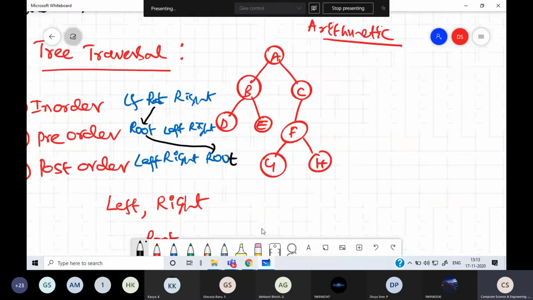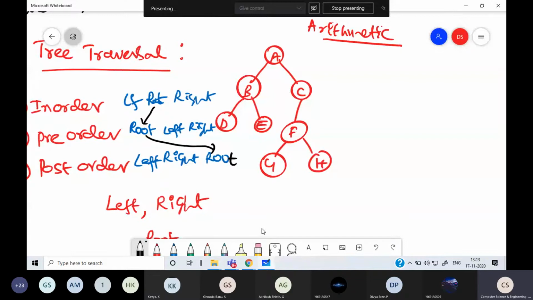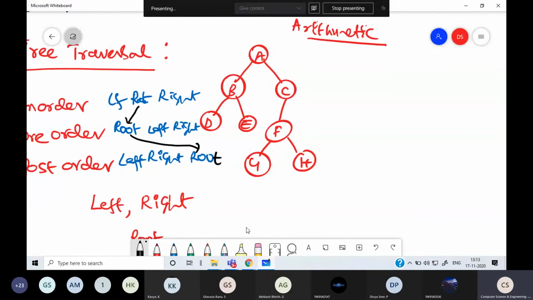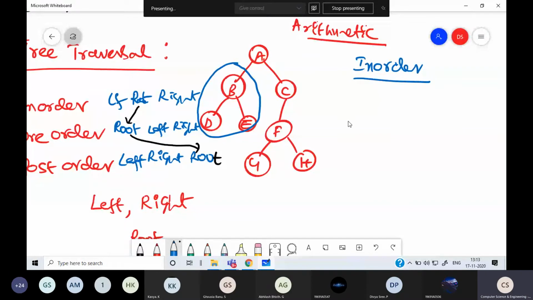Now, when you take this tree and use in-order traversal, first you complete the left subtree. Let us see the order of nodes visited. This is the root, first the left subtree.